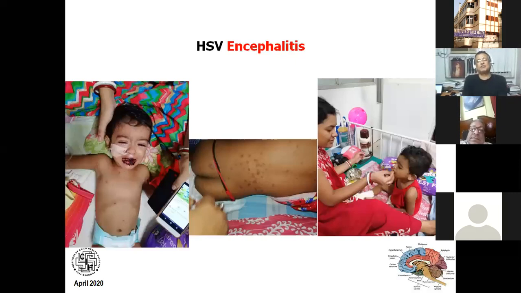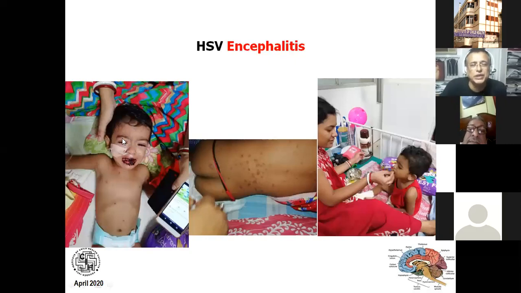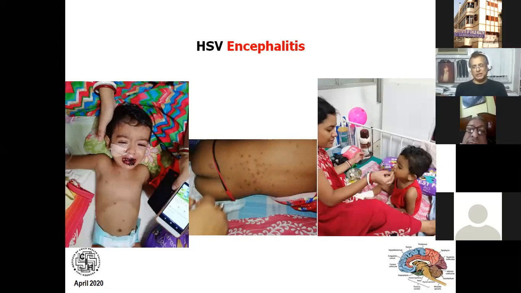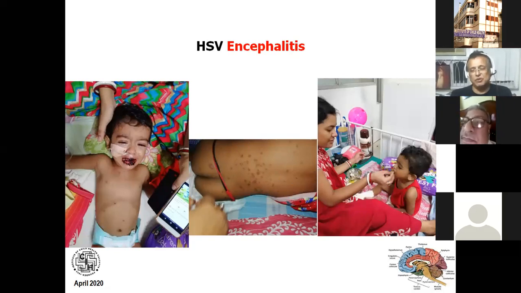And this is a case of herpes simplex encephalitis we had in our hospital. If you examine very carefully, he is showing involvement of the eyes, involvement of the mucous membrane, and skin rashes. The characteristic skin rash of herpes simplex is clustering of the rashes. It is never seen diffuse like other viral infections. We diagnosed very early and gave acyclovir, and this is the result: the child is now able to sit up and eat from the mother. So in herpes simplex encephalitis, if you start acyclovir right in time, you are going to save the child.